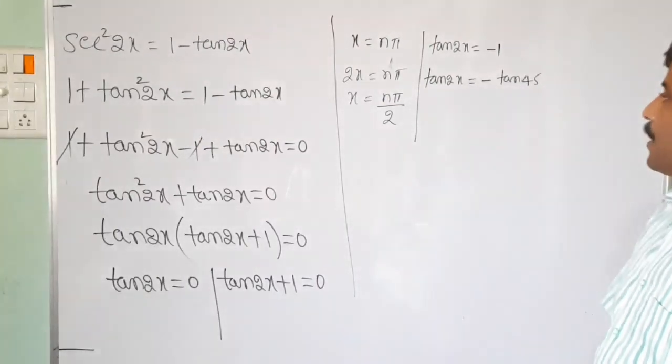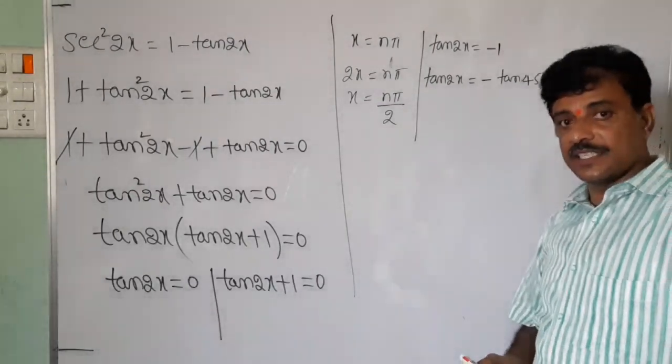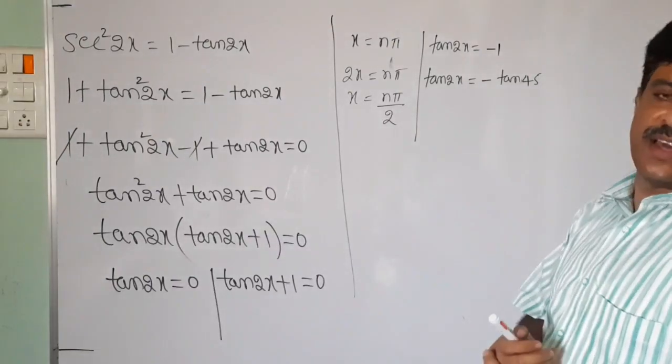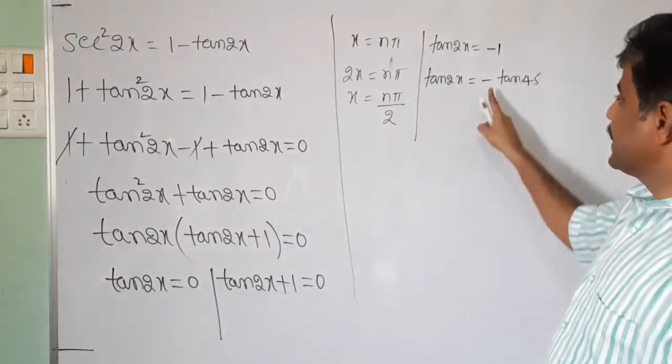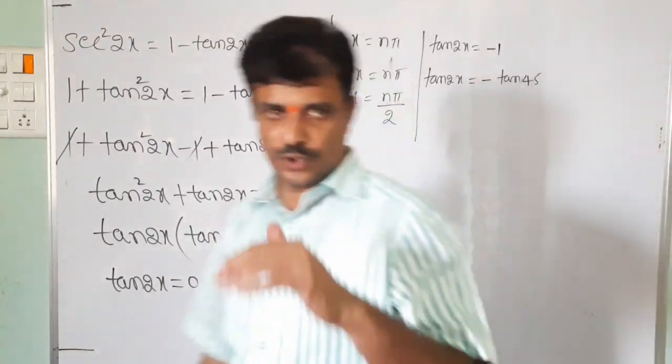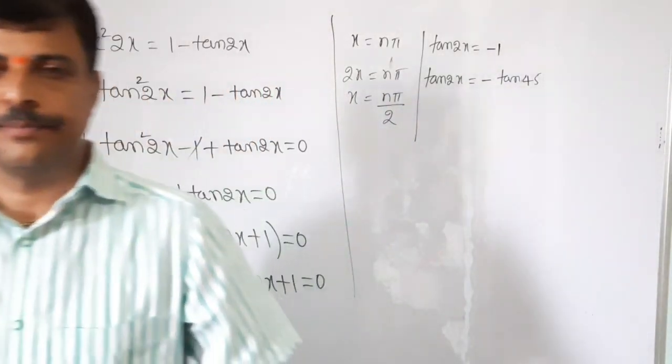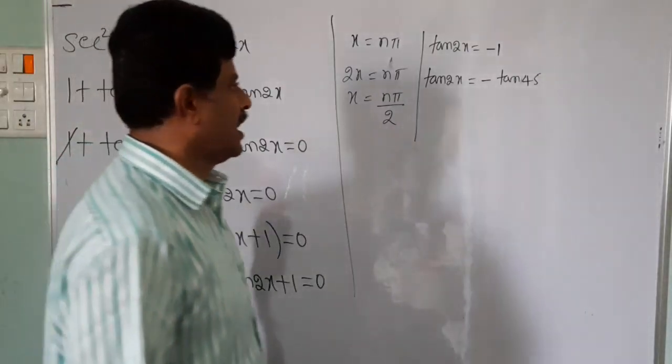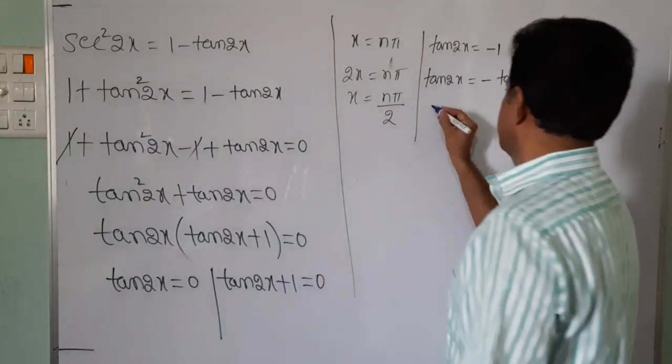This is not in the form of tan x is equal to tan alpha, but here minus is there. That's why use allied angles. Minus should change to plus. Minus is changed to plus. How? Tan 2x is equal to